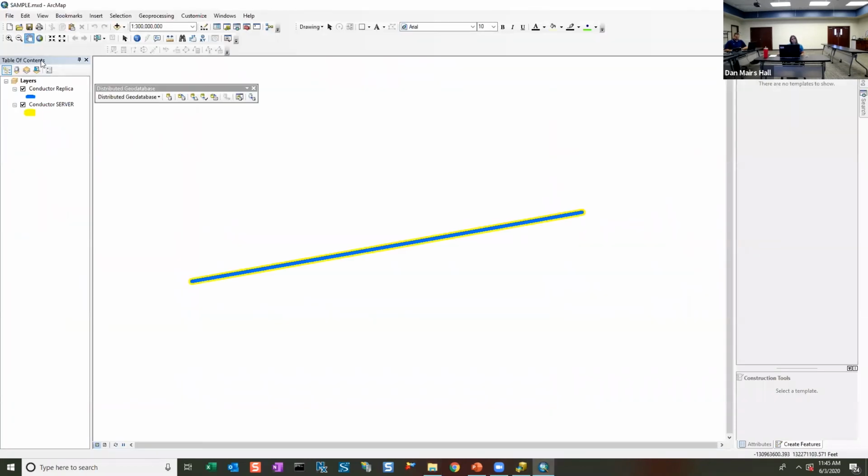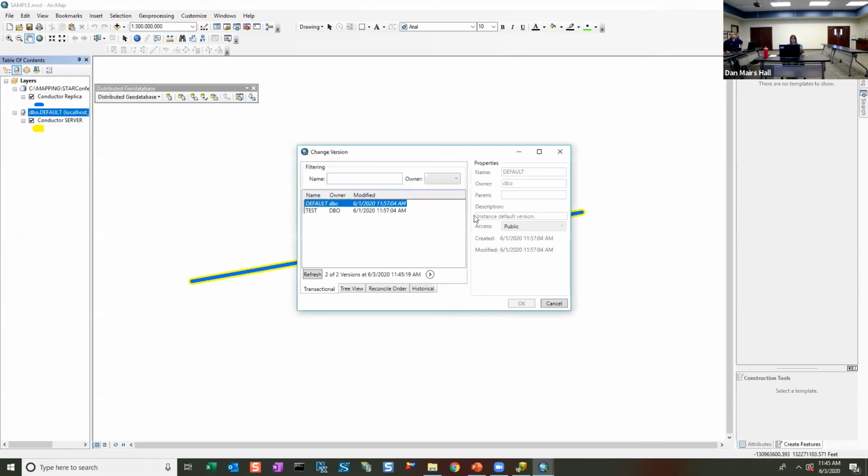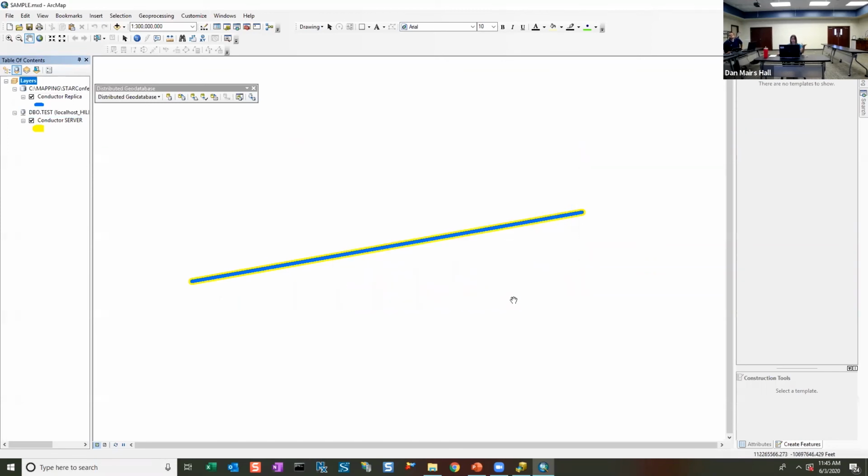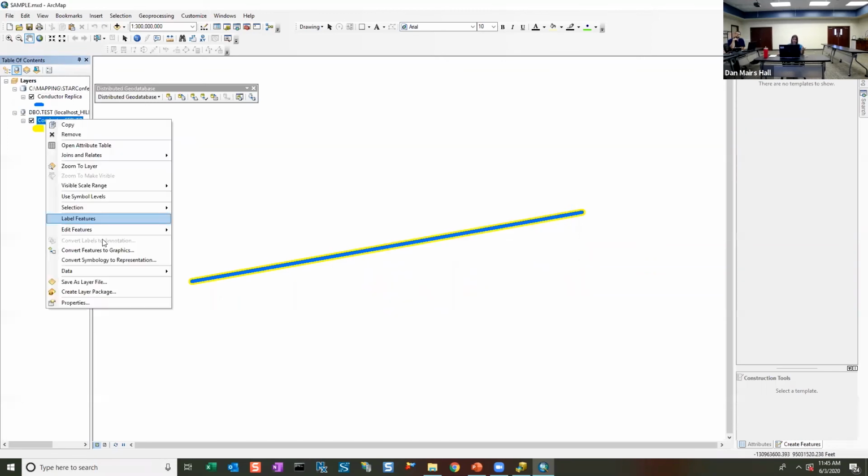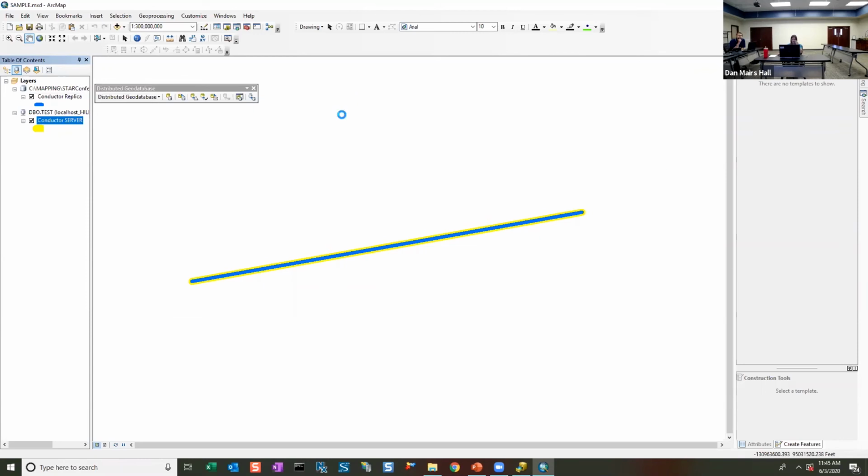All right, so now for us to see what version we're in, we go to our sources tab in our map. And we can say this is the default version. We can right click and go change version, and we do this. Now if I go and edit, I can edit a line. I can add it in here, and I'm not gonna see that in the main database until I do what's